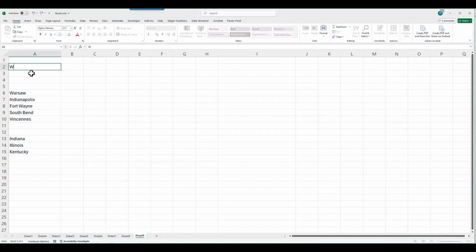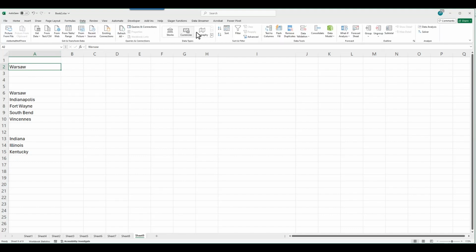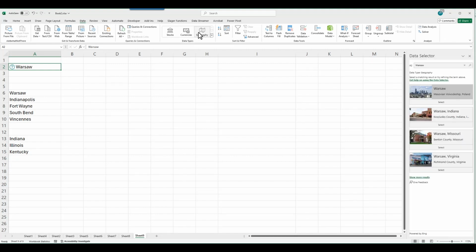I will enter the name Warsaw. With the cell selected, I will click on the Ribbon's Data tab and then click on the Geography button. A question mark will appear to the left of the name. Excel displays this question mark because there are many towns named Warsaw, and it doesn't know which one you want